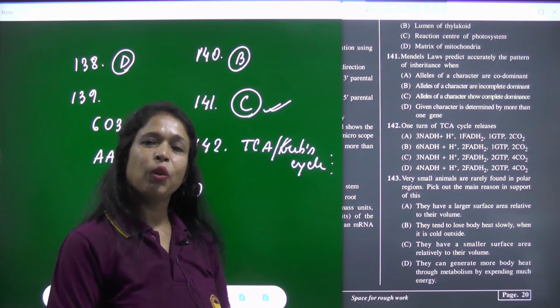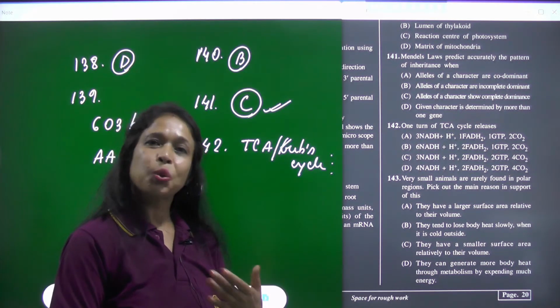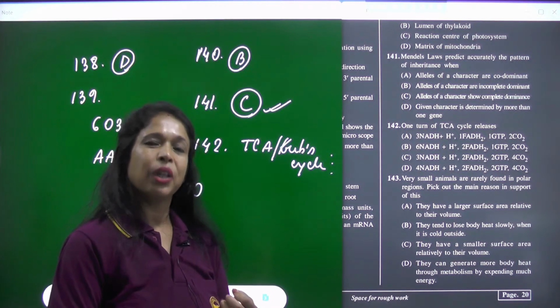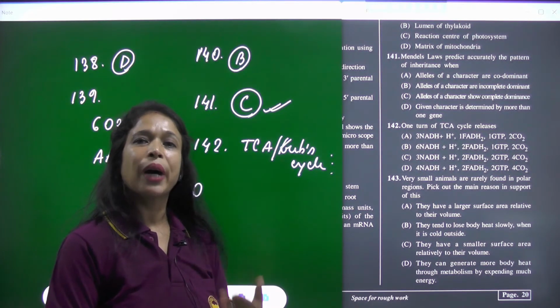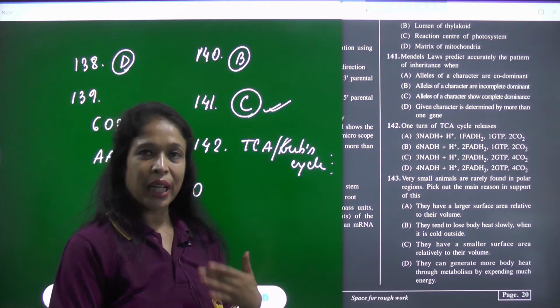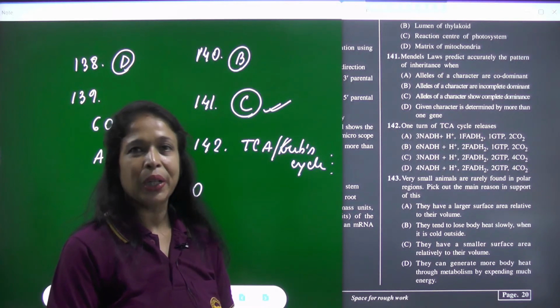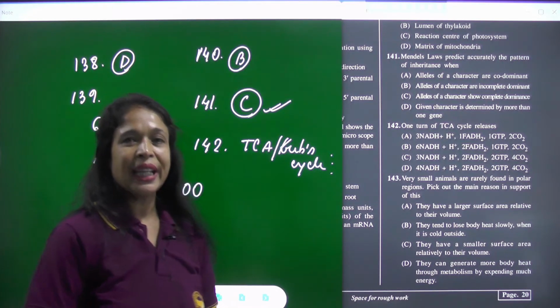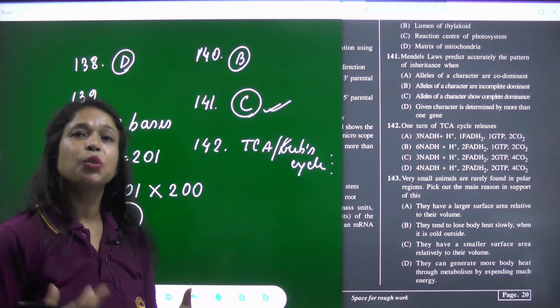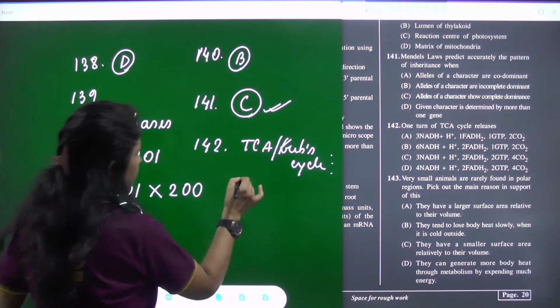If there is oxidation of one molecule of glucose, there will be two turns of TCA. Okay, because in one turn only one molecule of acetyl coenzyme A will be oxidized. So there will be two turns definitely for complete oxidation of one glucose molecule. So in each turn, what are the outputs of TCA? Okay, for each turn,